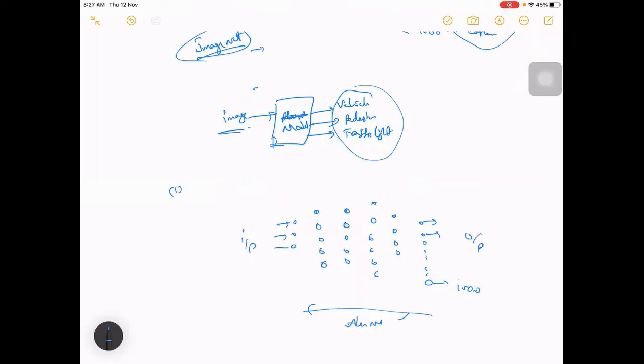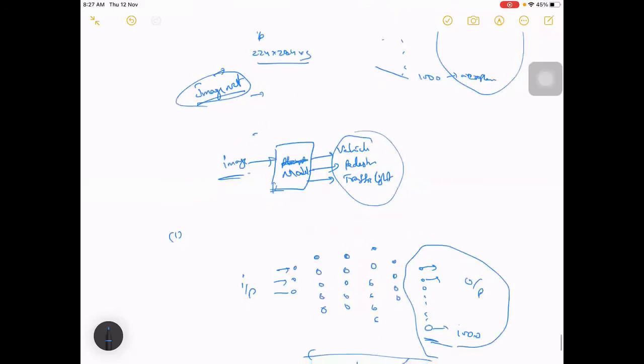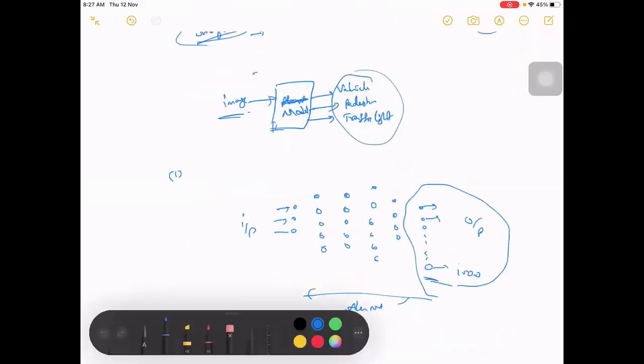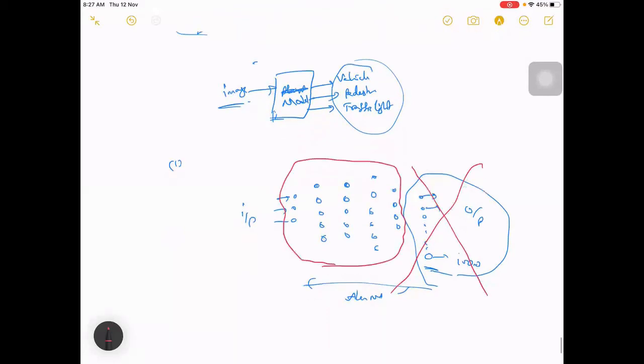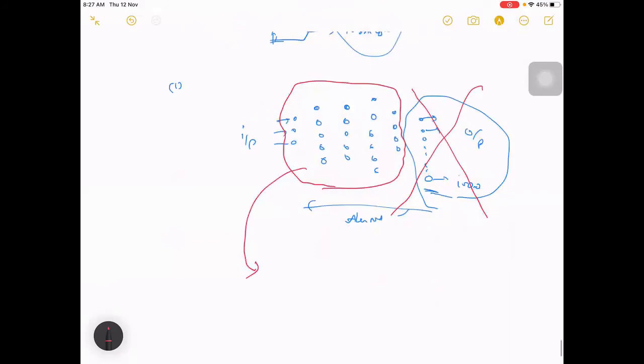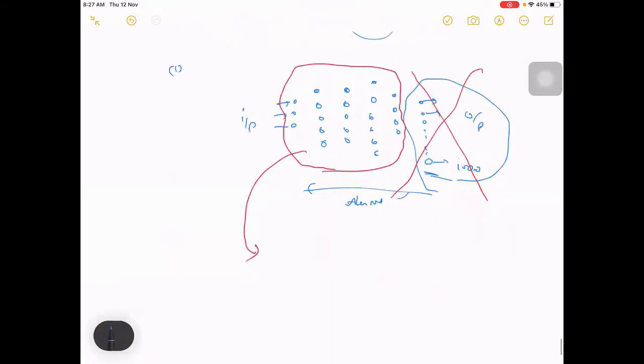Because you can't use this last layer, the outputs here are different from the outputs you have. So you just remove the last layer and take only this part, and reuse it for our network.